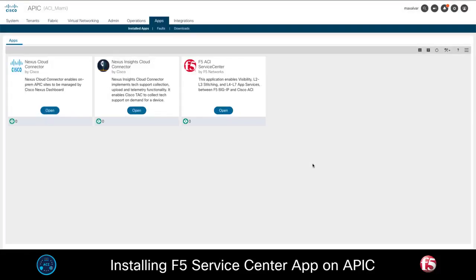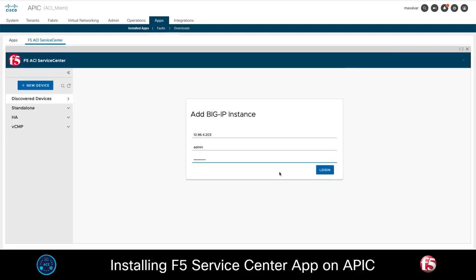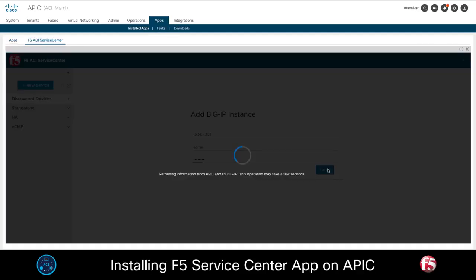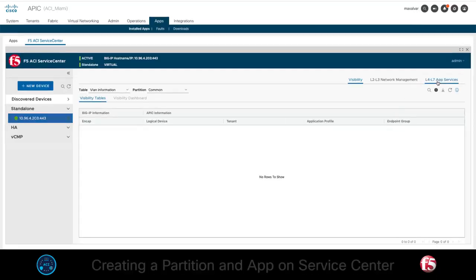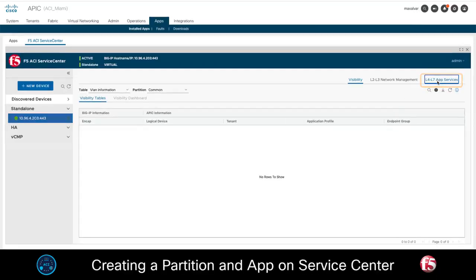I will then associate my F5 BIG-IP load balancer to ACI. I just need to open F5 Service Center and provide the BIG-IP address along with its admin credentials. Now, if we go to the L4 to L7 App Services tab,